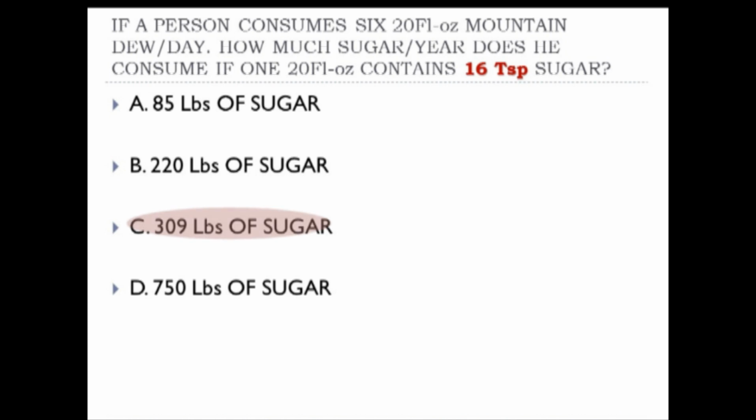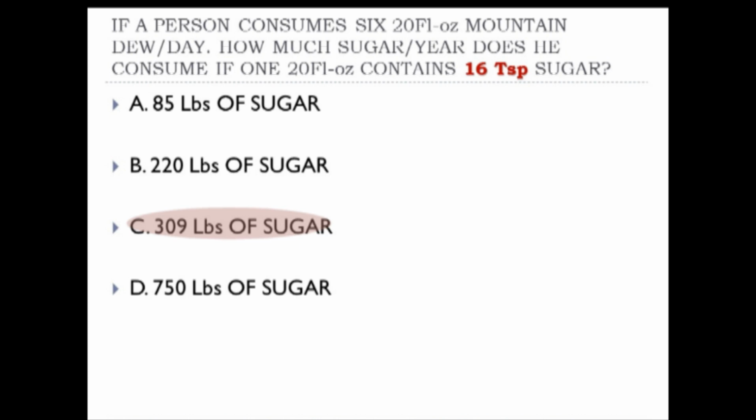The correct answer to this problem is 309 pounds. So let's do the calculation. First, we know there's 16 teaspoons of sugar in a 20 fluid ounce Mountain Dew. How many grams? Well, 16 times 4, because there are 4 grams for every teaspoon. So we have 64 grams of sugar in every 20 fluid ounce Mountain Dew. The person consumes 6 of these every day. So times 6 means that they're consuming 384 grams of sugar every day, and there are 365 days in a